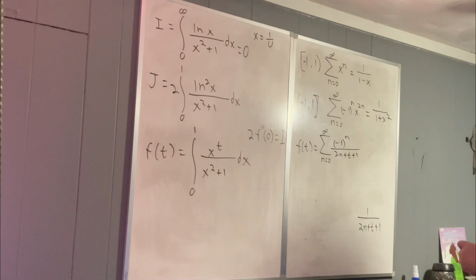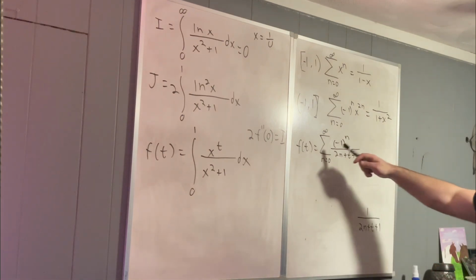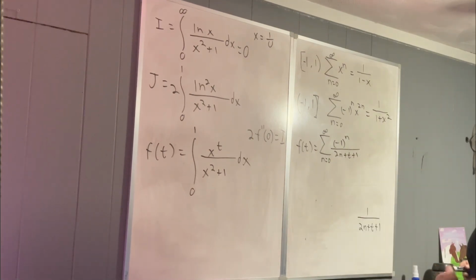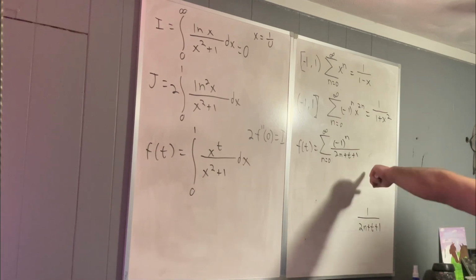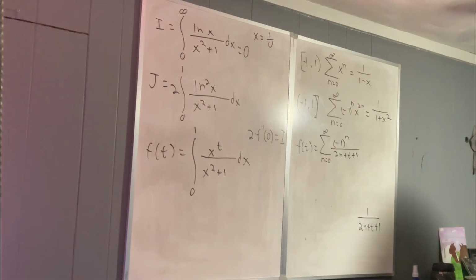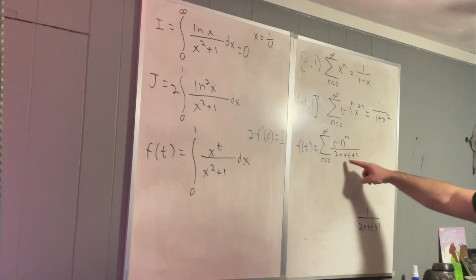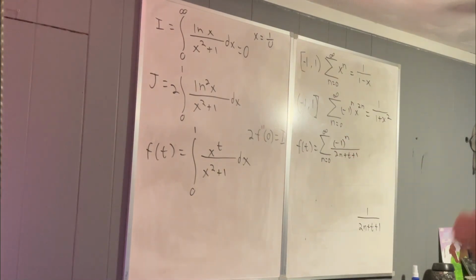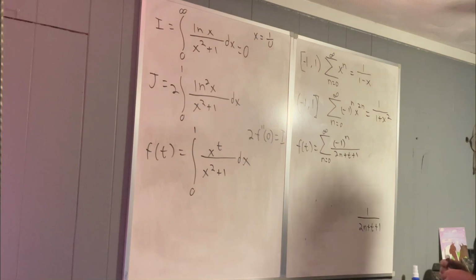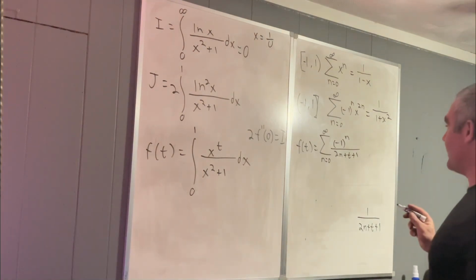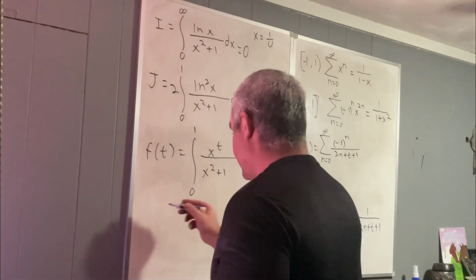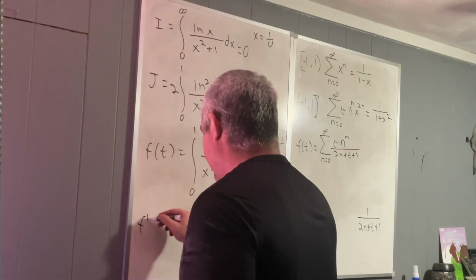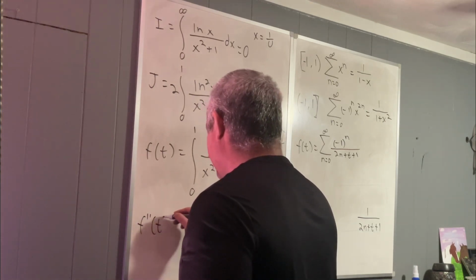And since this is just a sum of a bunch of stuff, we can take the derivative of this entire thing directly by just taking the derivative of the inner part with respect to t. So let's go ahead and find our f double prime of t. What would that be? F double prime of t